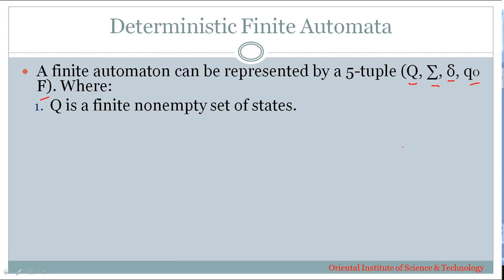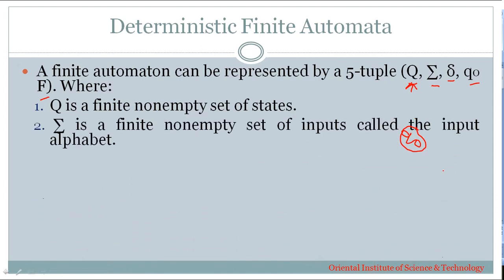Any finite automata has certain states. Let q0 be a state for a finite automata. We use q as an element of capital Q, and capital Q is nothing but the set of all states possible in the finite automata. Another symbol is the summation sign, Σ. Σ is a finite non-empty set of input alphabets. You can call it inputs or alphabets. Let your inputs be a and b; the set {a, b} is the set of input alphabets.